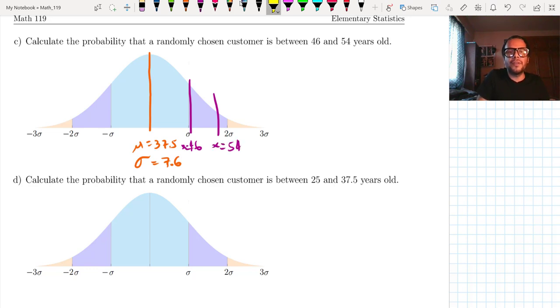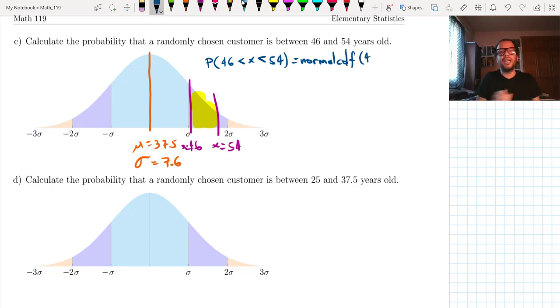So they're asking us for this little portion of area that will represent the probability that a randomly chosen customer is between 46 and 54 years old. Now, how are we going to use this? Well, let's represent this using probability notation: P of 46 less than x less than 54. Okay, this will be normal CDF of